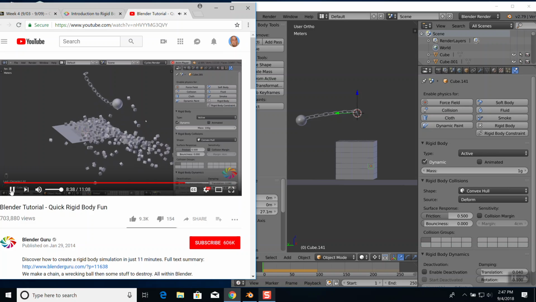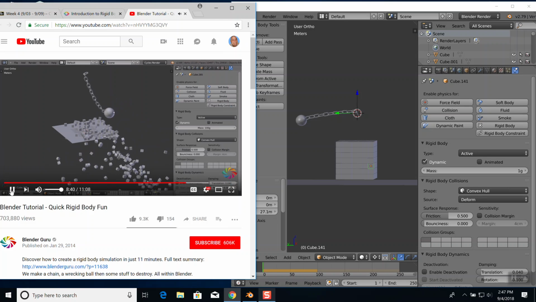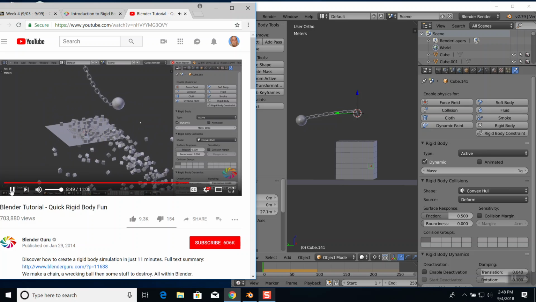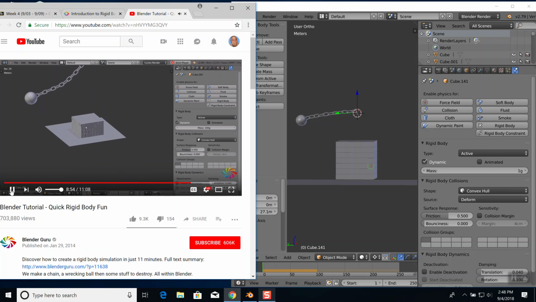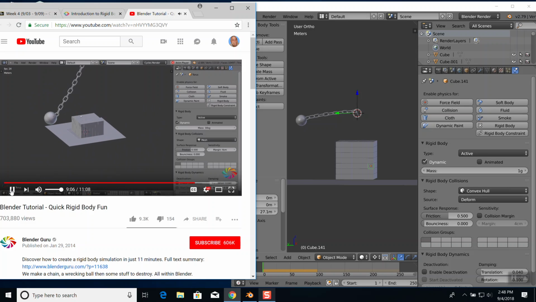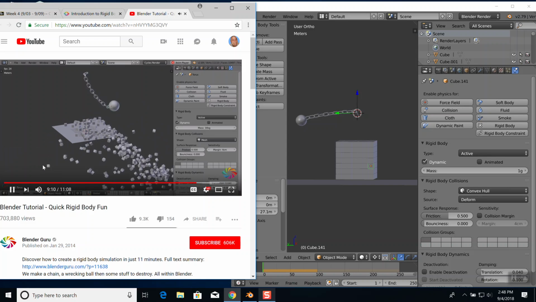A wrecking ball going through some cubes. One final thing to note is that everything is moving very slowly. If you look at the way these boxes are falling, it's really not behaving like gravity. It's like everything is going really, really slowly. The reason for that is everything is huge. Let's see how big this wrecking ball is. It's like 10 meters high, like a 4-story building. So it's ridiculously huge. The simulation is actually playing at the right speed, but it looks strange at this